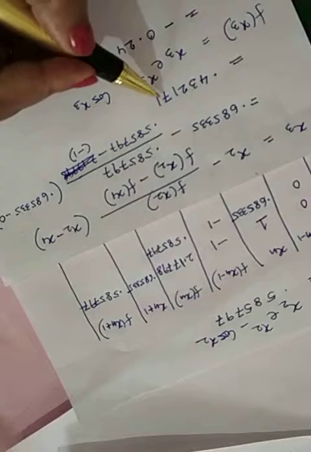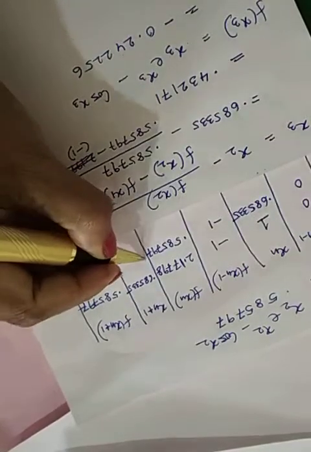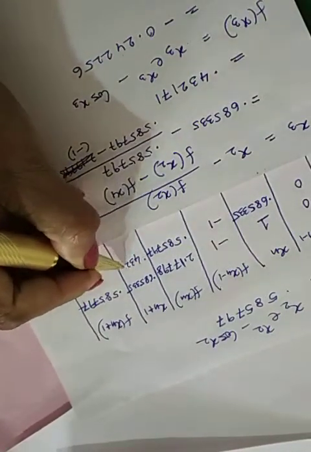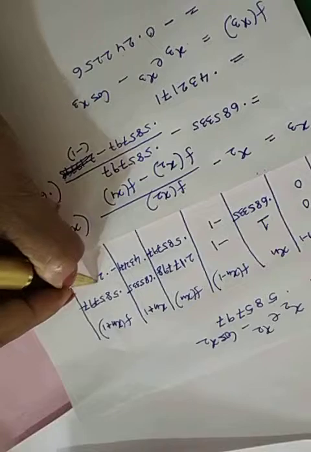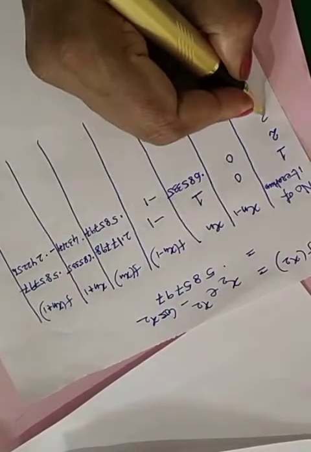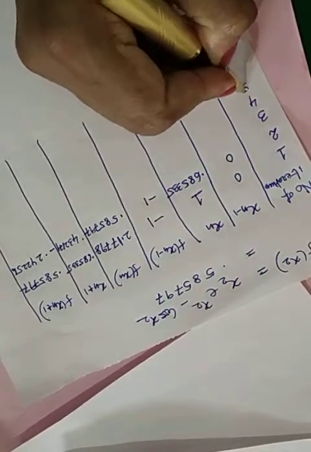Now you put this value in the table: 0.432171 here, and the functional value is minus 0.242256. So in this way you will proceed few iterations, 3, 4, 5, and then at last